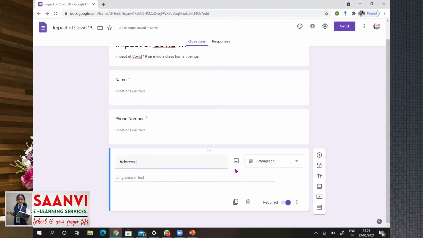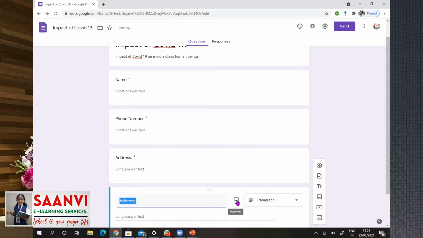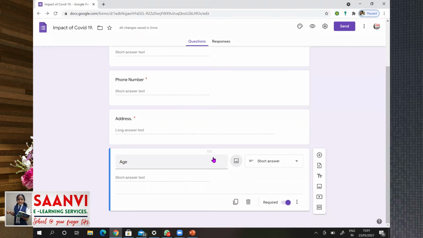As part of the survey on COVID-19, let us know the age of participants. To add the field, let us just duplicate once again and write it as age. And when you click on tab, it automatically changes to short answer as it is a one line answer.